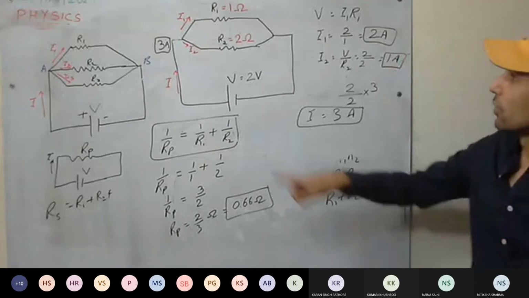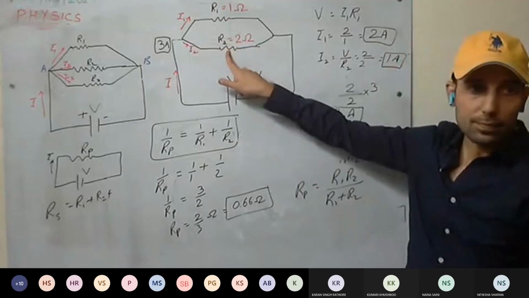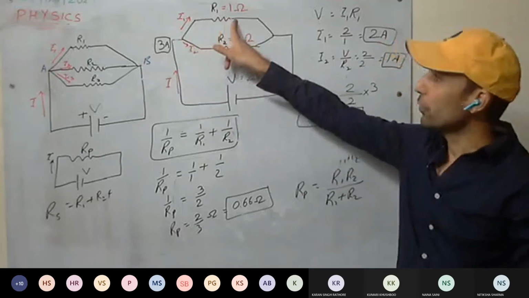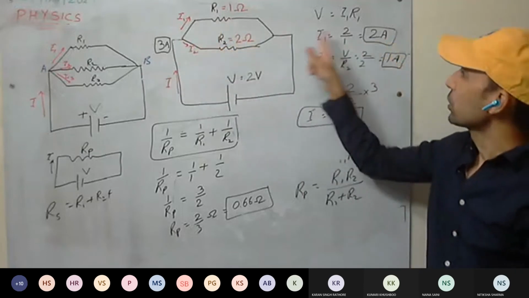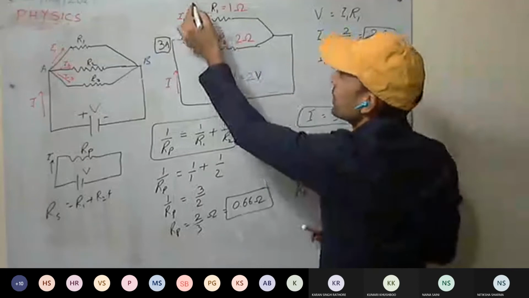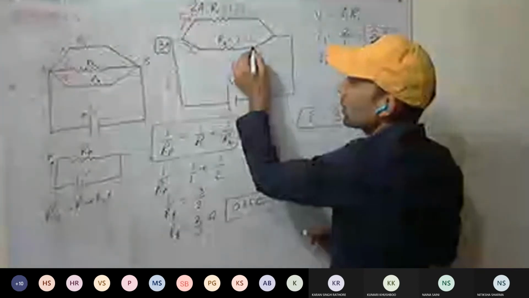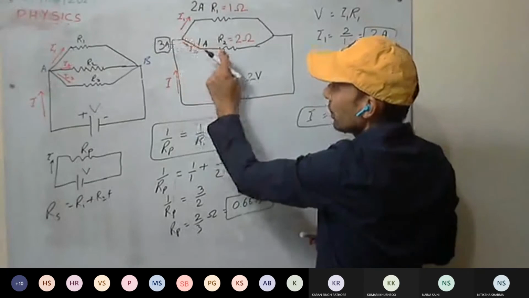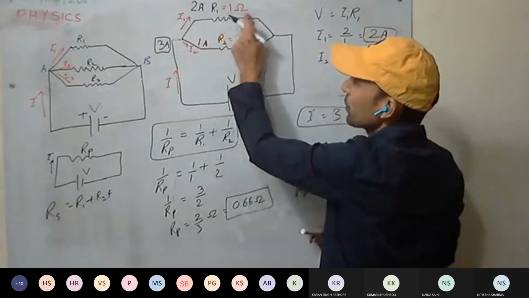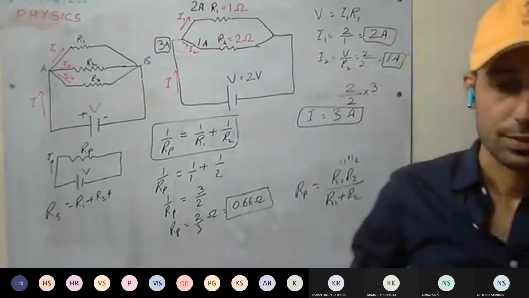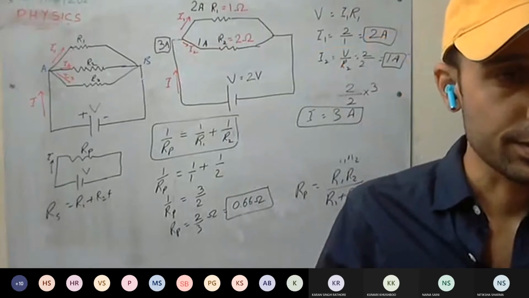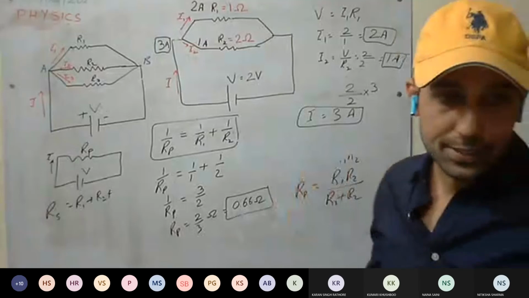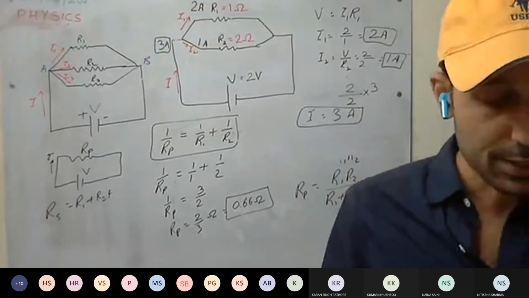So see here, which is having less resistance? R1. So more current will flow through R1. 2 ampere is flowing from this side. And from R2, more resistance, less current is flowing. 3 ampere was the total. So 1 ampere flowed through this path, 2 ampere flowed through this path. Understood this one? Yes, sir. Revise this one and we'll discuss the little portion that is remaining.